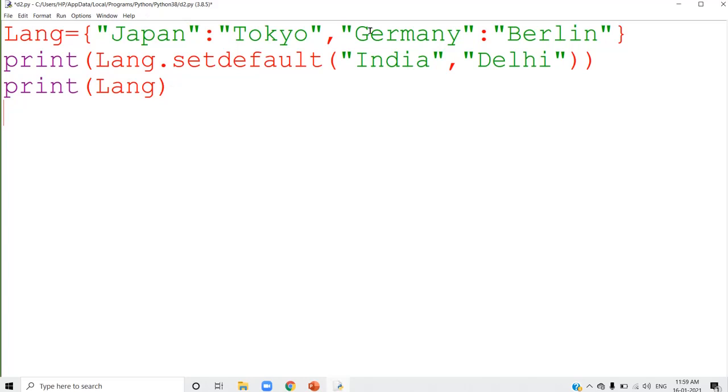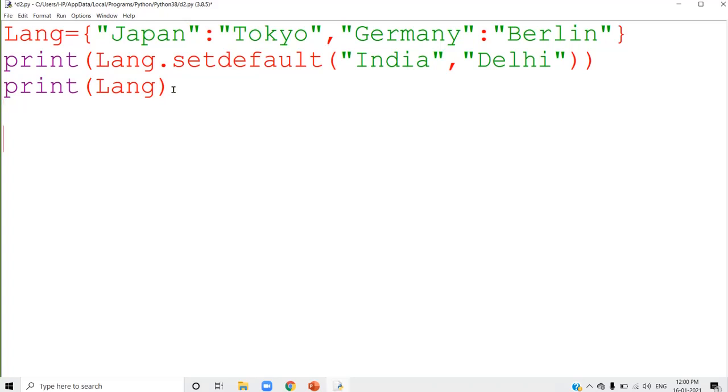Now just Japan and Germany, only 2 key values are there. And after that, I just inserted India into this one by using the set default method. When you display the Lang dictionary, you will have 3 elements. One is Japan, one is Germany, and another one is India. 3 elements will be displayed on the screen.